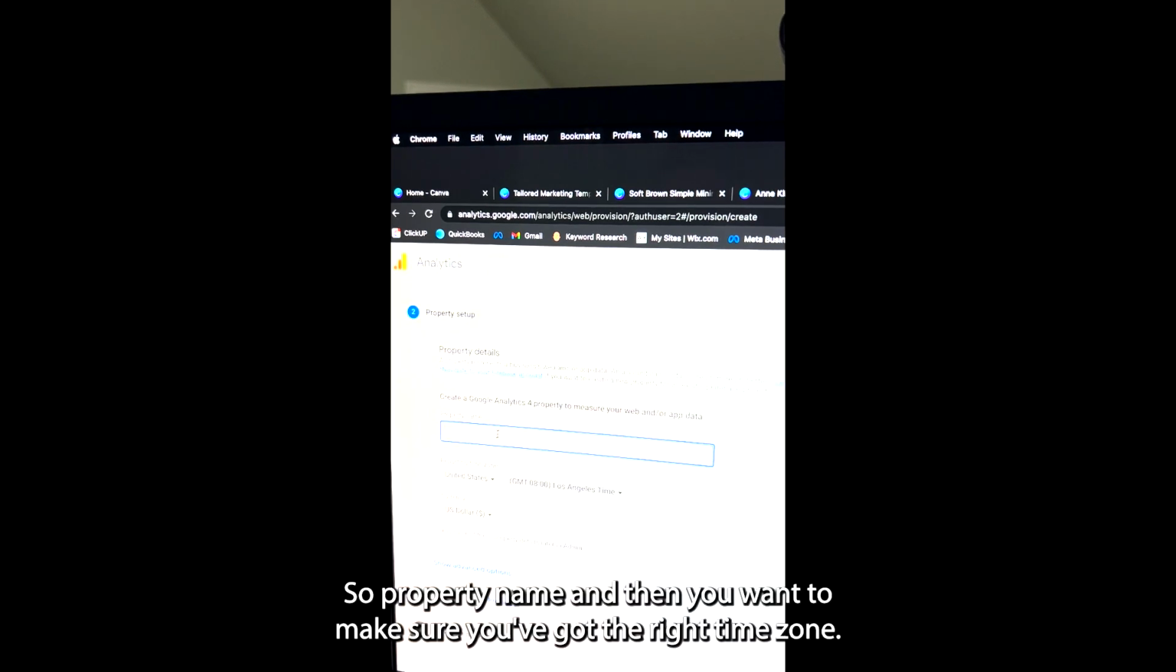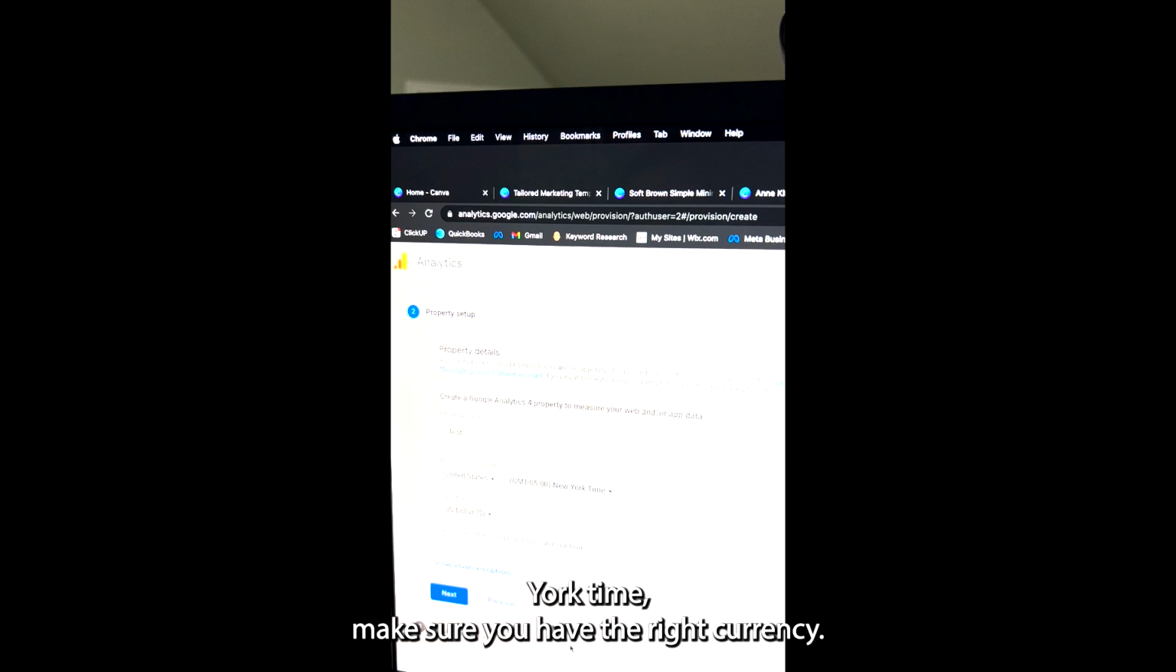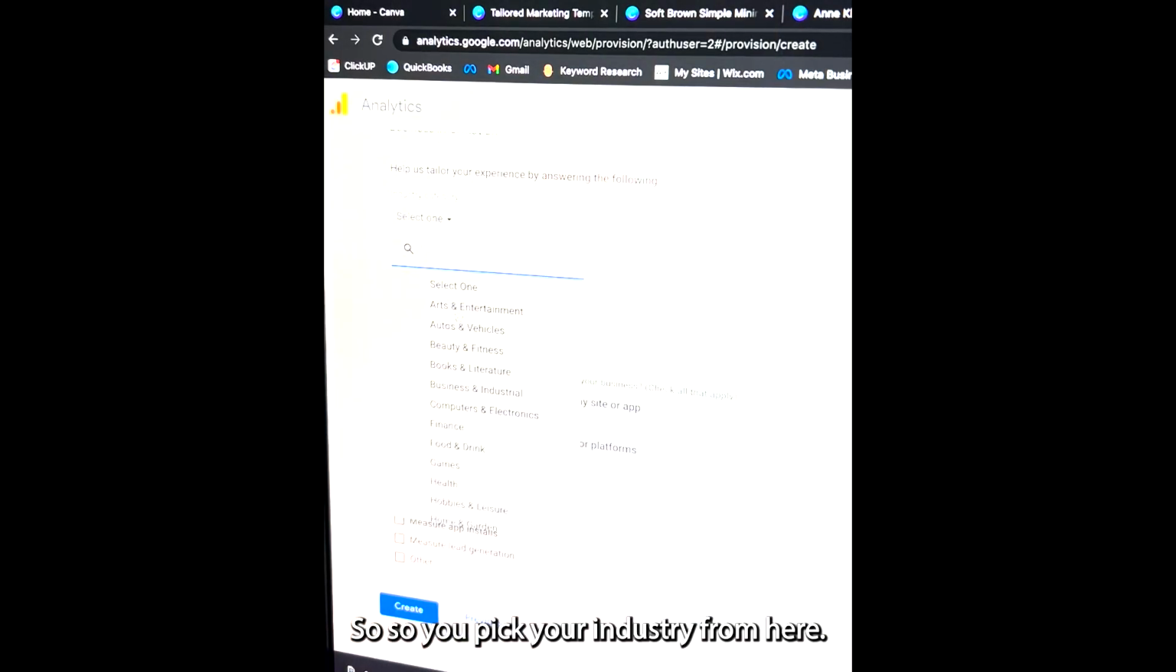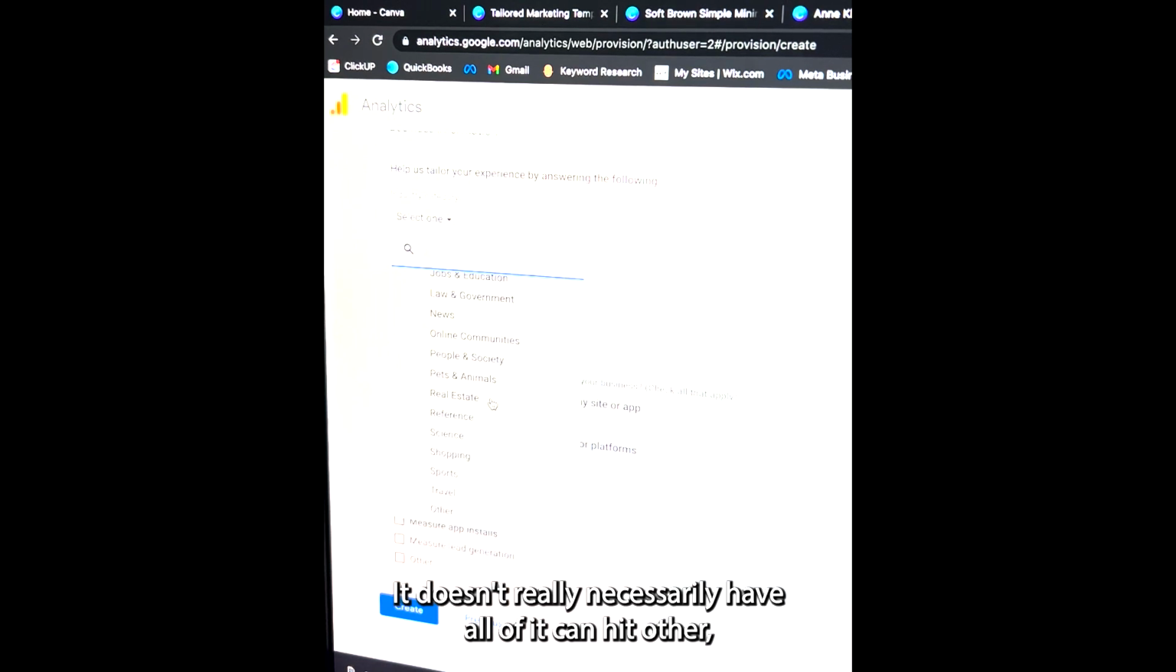Property setup, so property name. And then you want to make sure you've got the right time zone. I'm New York time. Make sure you have the right currency. And then it's going to ask you, what's your industry? So you pick your industry from here. It doesn't really necessarily have all of it. You can hit other,